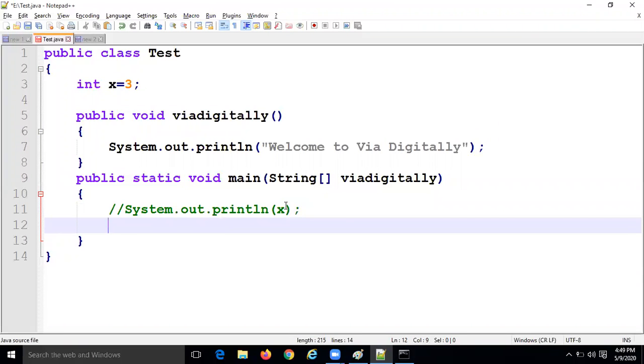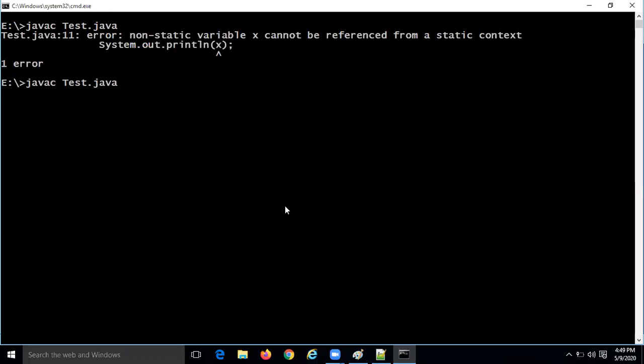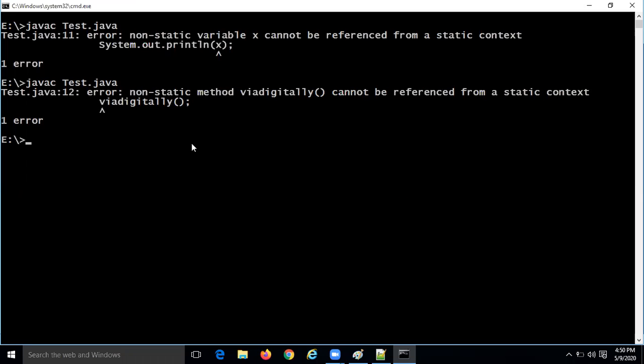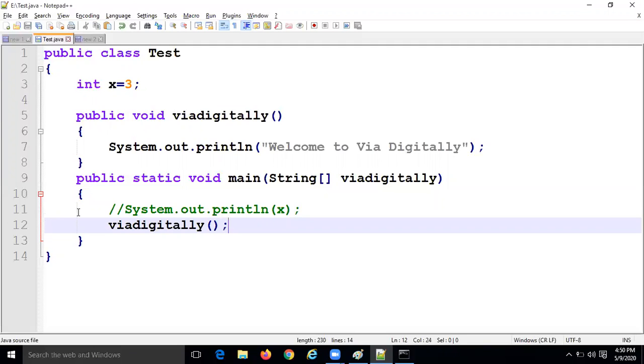Let me try to call the viaDigitally method. Same compiler error you are getting. See, Test.java line number 12. Wherever you are trying to call the method, that is line number 12.